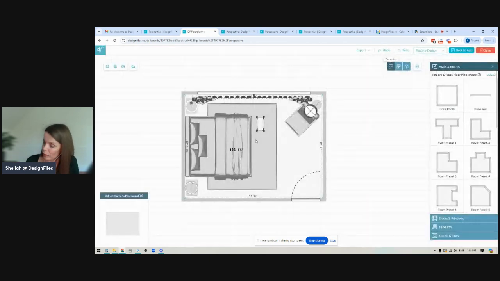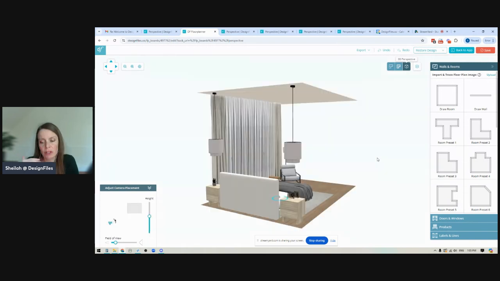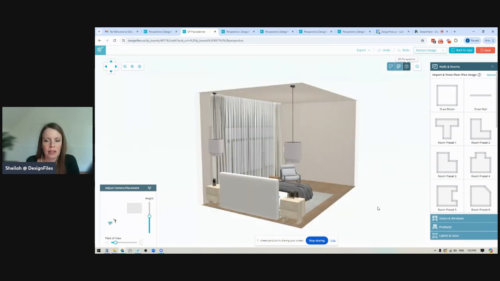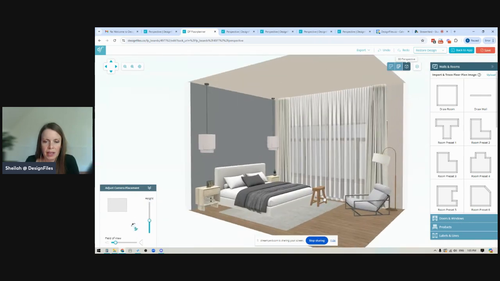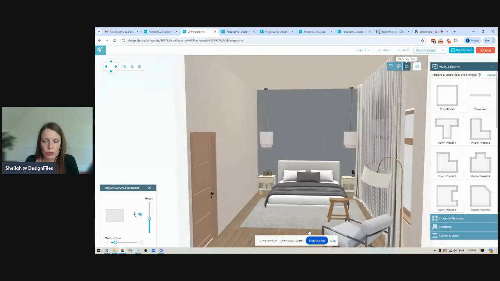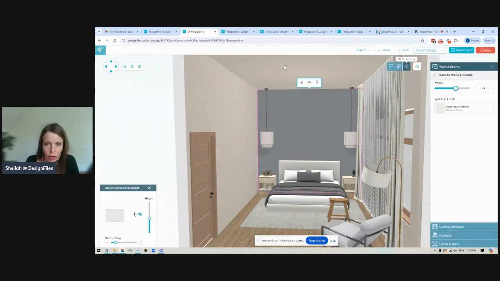Okay, so let's jump into the 3D perspective. Whenever you're dealing with customizing your walls, your ceilings, your floors, you're going to be jumping into the 3D perspective mode, because when we let this design load in, you're going to notice that when I rotate this design around here, if I want to customize one of the walls within this space or the ceiling, you're going to click directly on the wall, or you're going to click directly on the ceiling,